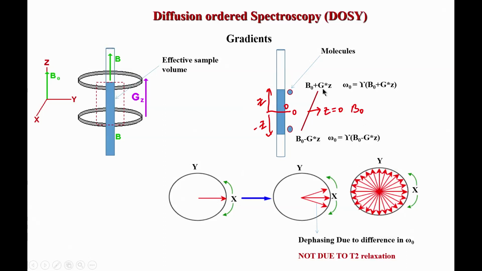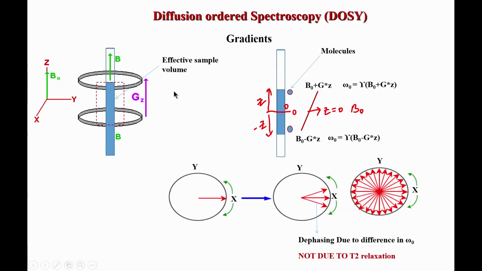So, when is G equal to 0? G is going to be 0 when there is no current in the coil. When I do not apply any current in the gradient coil here and here, my G value is 0, but if I apply a current, my G value will be some value. Now, I can change the current strength, meaning how strong the current is. I can go from very low strength to very high strength, or I can keep it on for a longer duration. I can apply a current of some value and keep it on for a long time.